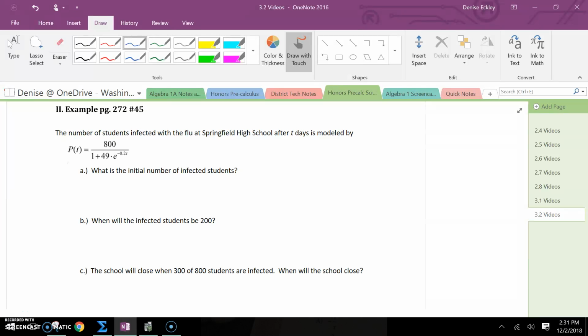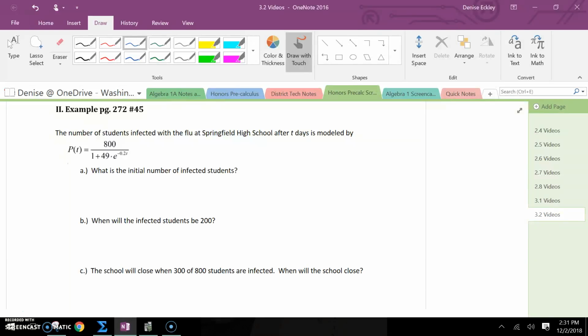Page 272, number 45. The number of students infected with flu at Springfield High School after t days is modeled by P of t equals 800 over 1 plus 49 times e to the negative 0.2t. This is a logistic function. So we are asked a number of questions about the flu infection, and Part A asks us what is the